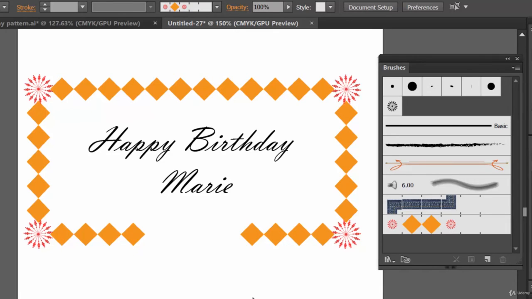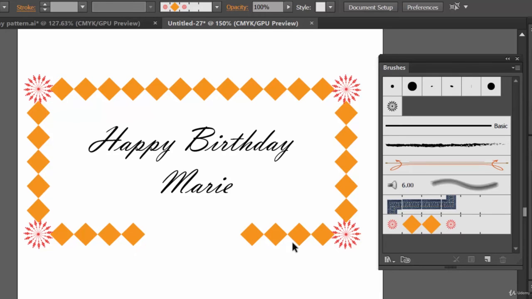By using our own brush and creating our own brush, we are creating these kind of things, and also with the help of inbuilt brushes which are there inside Illustrator. So you won't be needing any other kind of help.